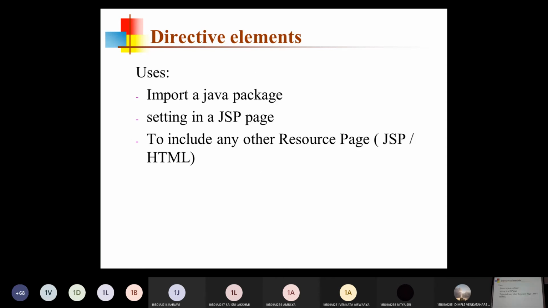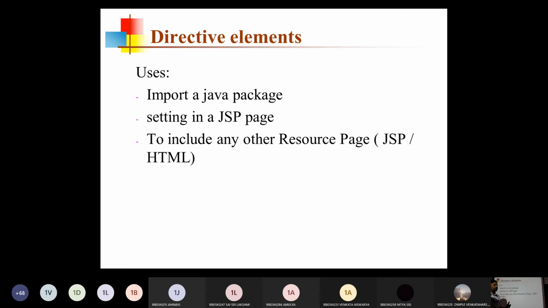Directive elements. Directive tags are generally used if you want to import any packages into your program. Or if we want to set configuration parameters for the JSP page, we can use the directive elements.